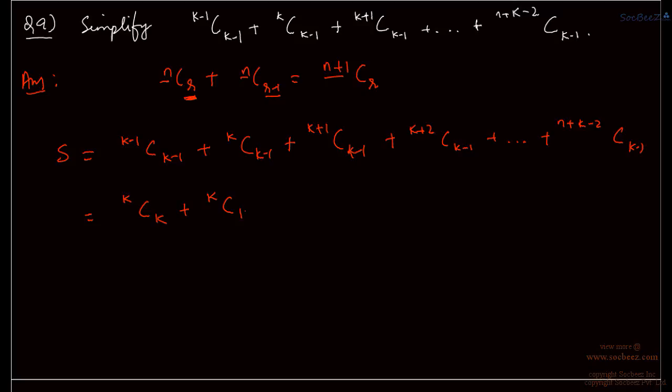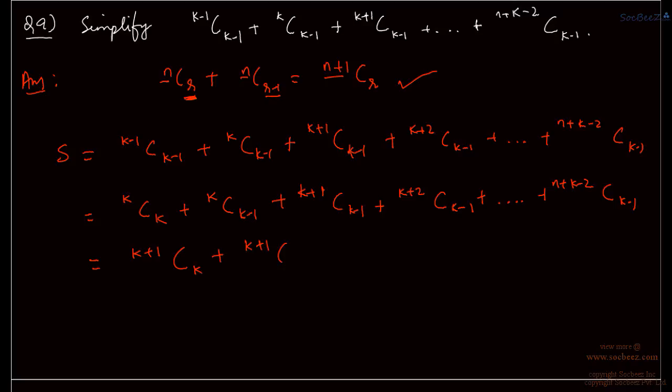Why I do this should be obvious now. When I write the next number, I see that I have the same condition as this, the same n and this differing by 1. So what this becomes is k plus 1, this increases whereas this remains k. And then the next one I have, well, all other remaining terms are as they are.